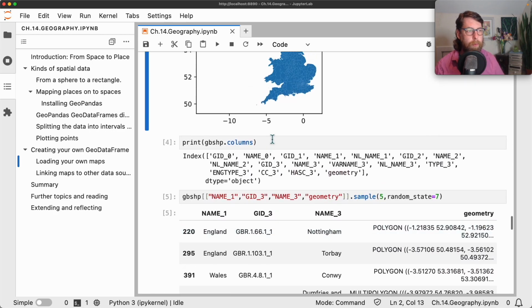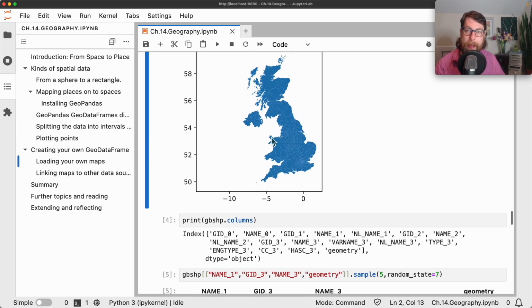So now, while it's useful to be able to just map a map, what's really relevant, of course, is that we're using a map as a sense of place where we map on other data. And the data we map could either be the presence or absence of a point, or it could be something for a particular region. We saw the regions above as choropleths, and here we can see regions